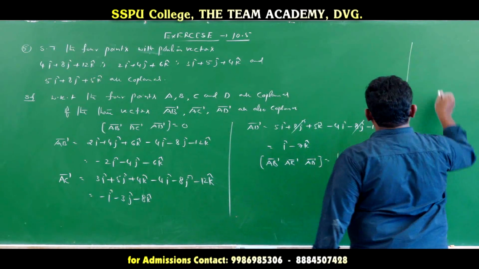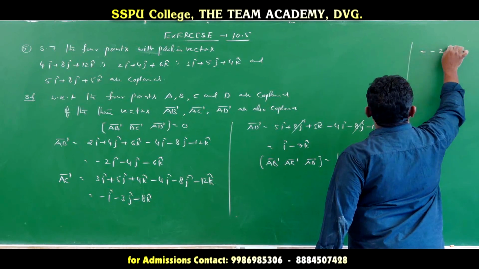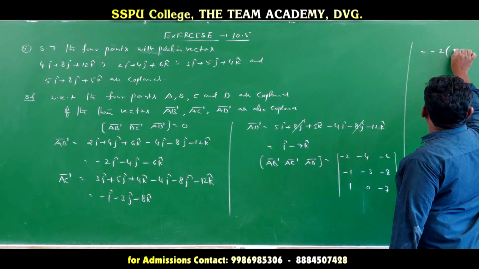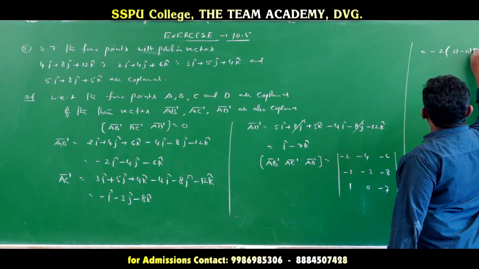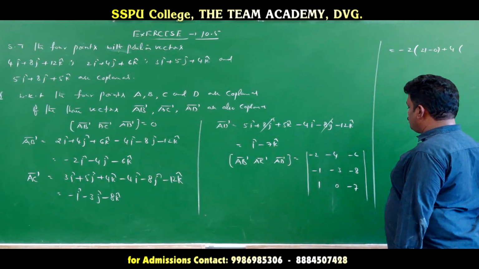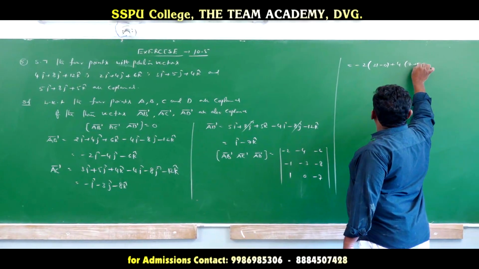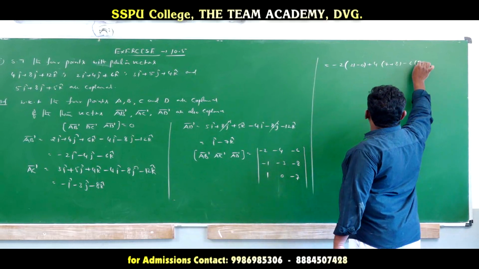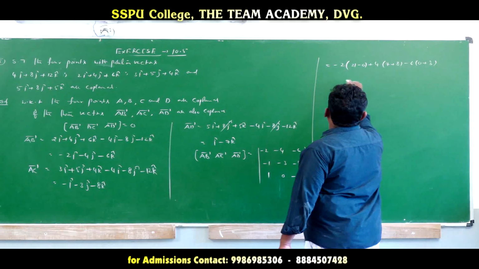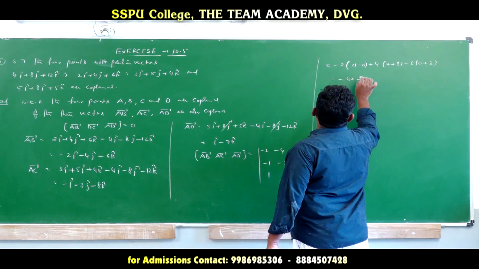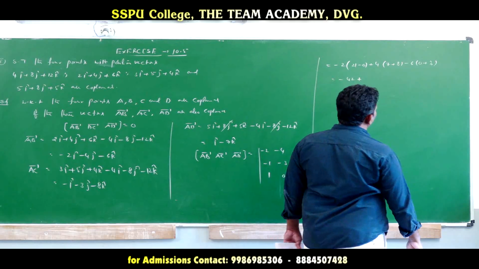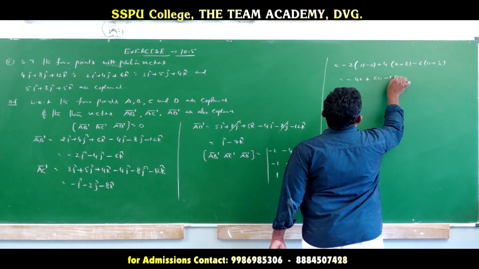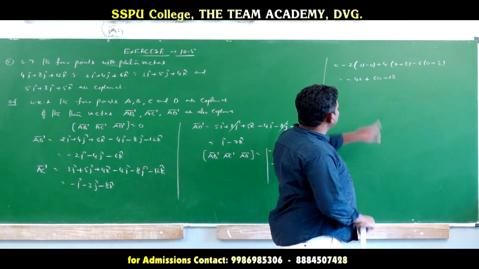So that is equal to what we done here: minus 2 into, minus into minus, plus 21 minus 0, plus 4 into this value, how much? 7 plus 8, minus 6 into this value, 0 plus 3. So that is equal to how much here? Minus 42 plus this value, 54 plus 6 is 60, so 60. Next minus 18. So minus 18 means 60.